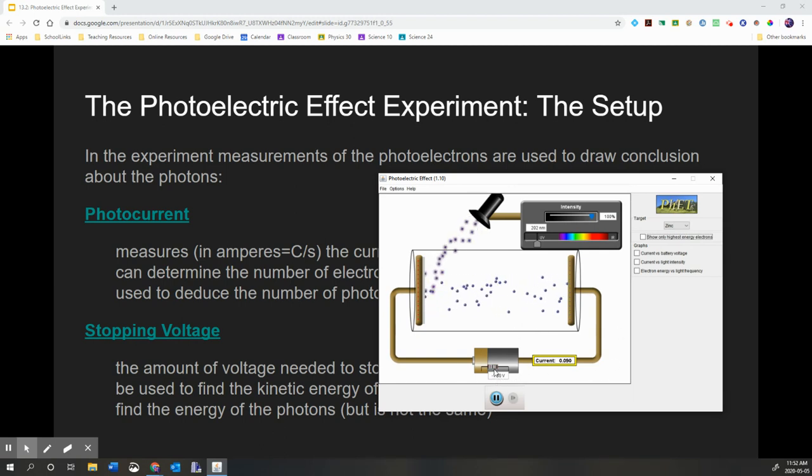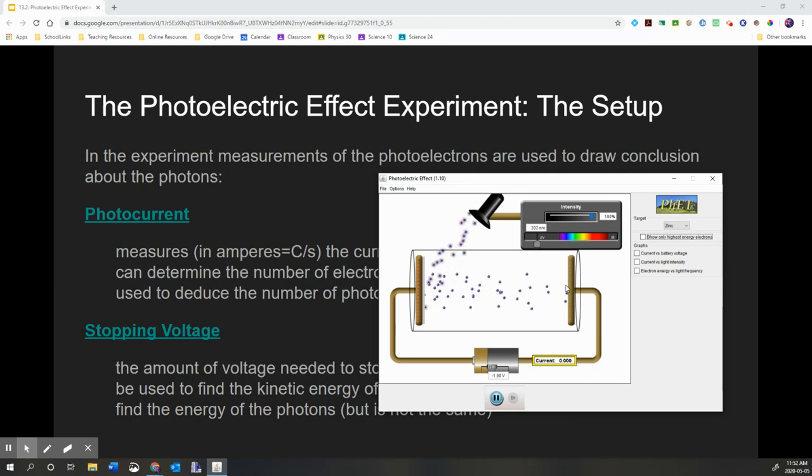So 1.4 volts doesn't quite do it. At 1.8, I can see I get dropped to 0, but at 1.6, I still get a bit of a current. I can type in some smaller numbers, but somewhere between 1.6 and 1.8, we get our stopping voltage. We'd have to investigate a little closer to see exactly what it is, but the stopping voltage might be around 1.7 volts for this. In other words, I need to remove 1.7 electron volts worth of energy in order to stop the most energetic